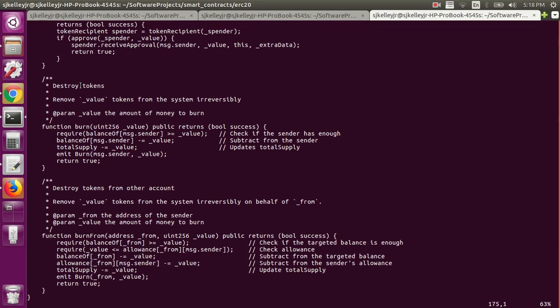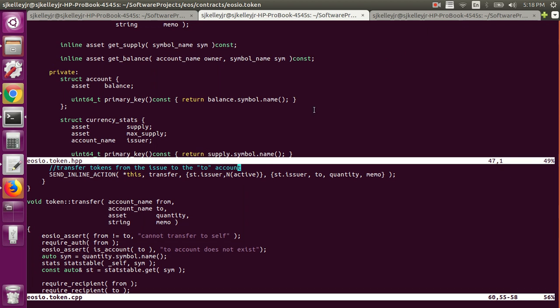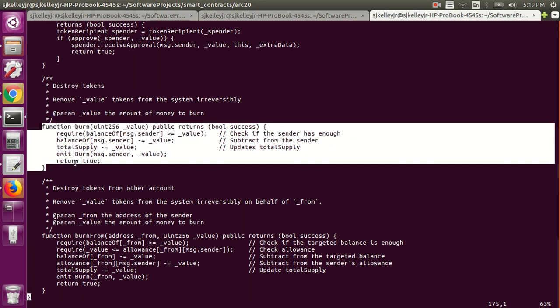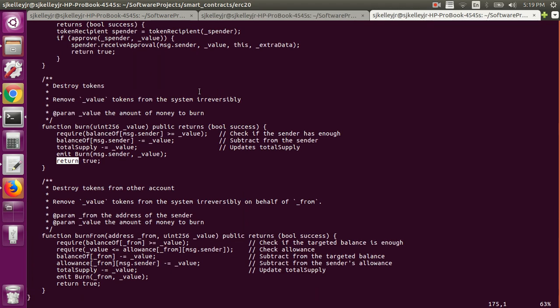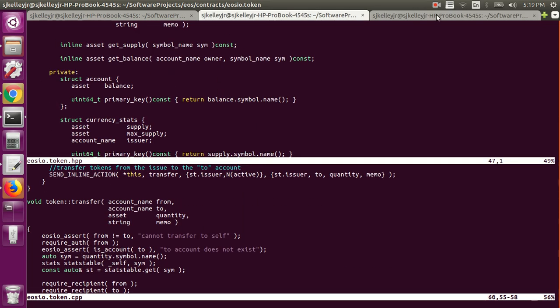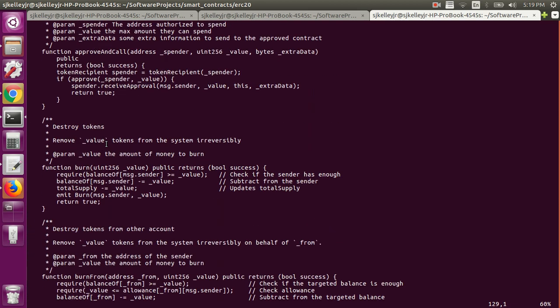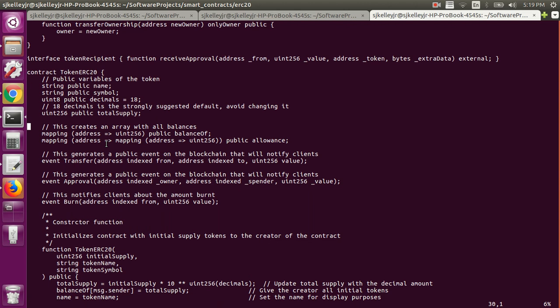Okay, let's see what else there is. Oh, there's this burn functionality. So you can actually burn tokens and reduce the total supply in an ERC20 token, and that comes as a token standard. And you can see here in the EOS.io token there's no burn functionality. You could very easily write your own and deploy your own, of course, and you would probably do it very much the same way that this is done here, where you're just reducing the total supply from the stats table, and then reducing the value in the user's account table in the EOS.io token smart contract. And so that's the general overview of the ERC20 token smart contract, and a good comparison, I guess,